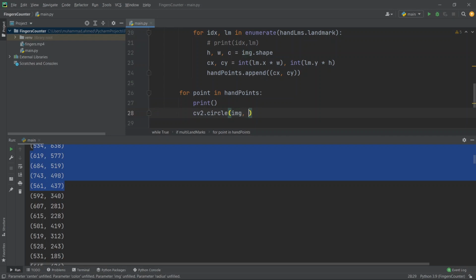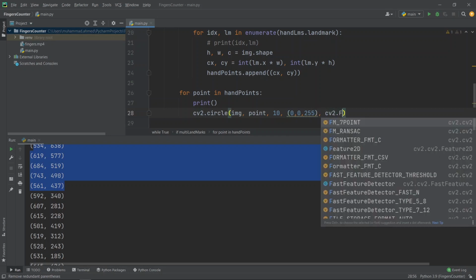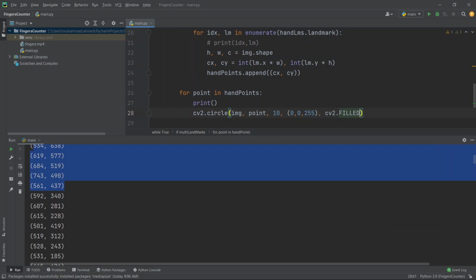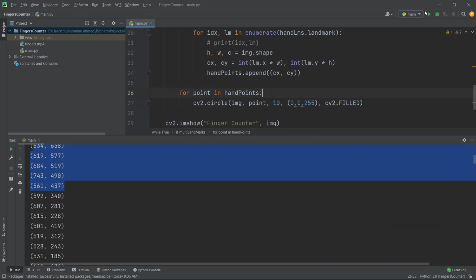We need the image on which to draw the circle, then the radius of the circle, let's say 10. The color of the circle, let's make it red, and let's make it filled. So now if we run it,